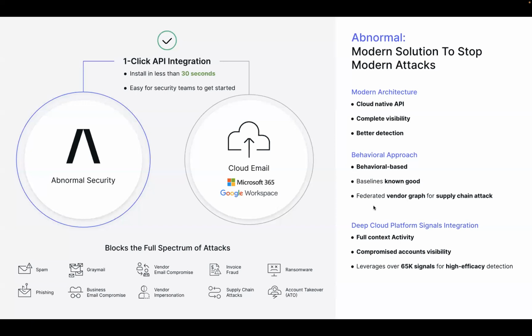These signals are considered not only by the messages themselves, right? The email communications, the to and from fields, the headers, the attachments, the probability of the message containing a demand for any type of monetary change, etc. These are all taken into consideration, as well as the user profiling, right? Where the typical users log in from, what device, what location, right? If we see some abnormal activities within the user's account themselves, these are things that we can definitely take action on, and then be able to simplify that account takeover remediation and actions that are taken.